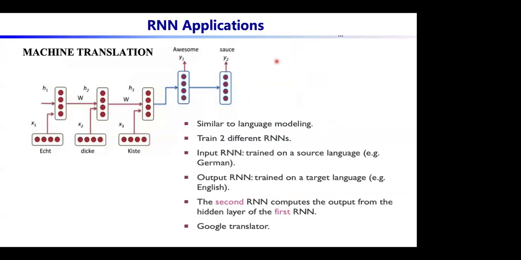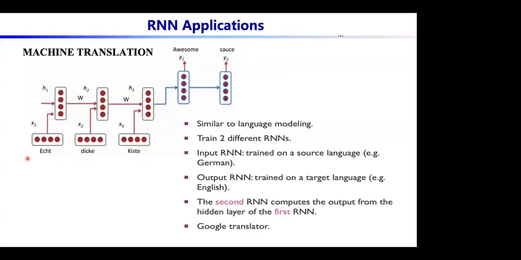Now we look at the application. So here we actually don't distinguish a simple RNN and LSTM. We assume LSTM is just some more complicated form of RNN. Now we look at the application of RNN. So one application is machine translation. Remember that the input is always at the bottom and the output is on the top. So we input a sentence in a language, and then we output the sentence in another language.